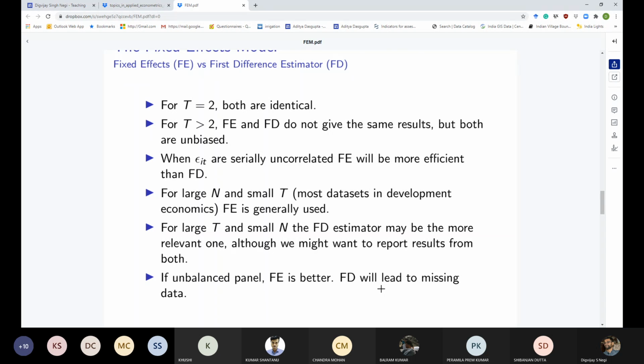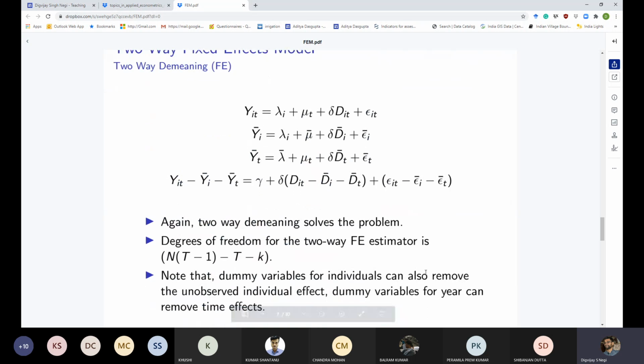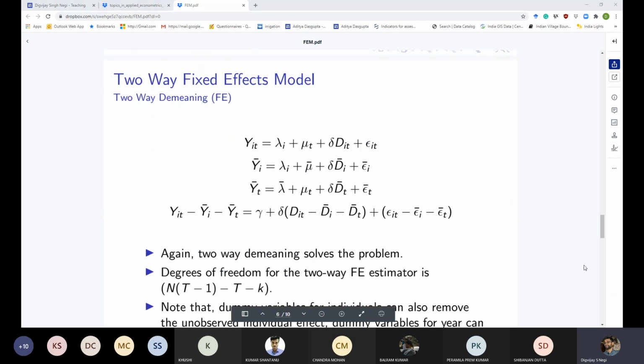But another thing which works in favor of the fixed effects model is when you have an unbalanced panel, and by unbalanced, I mean when you have some missing observations. For example, when we look at firm data, generally in industrial organization, people look at firm level data. So they follow firms over time, they look at their productivity and so on. And in those cases, firms may enter or exit from the market, right?